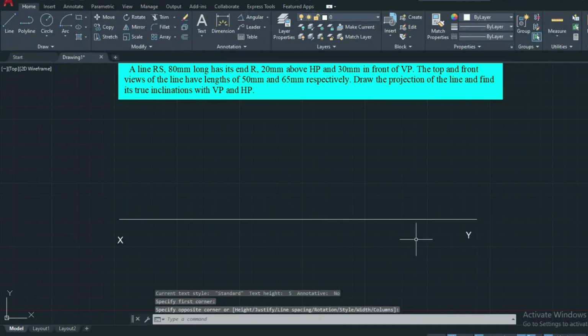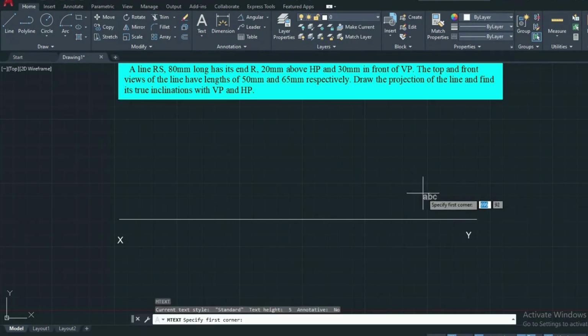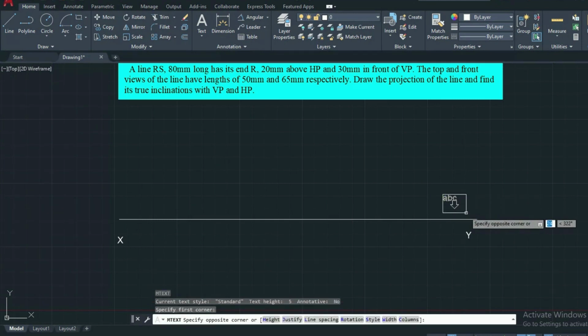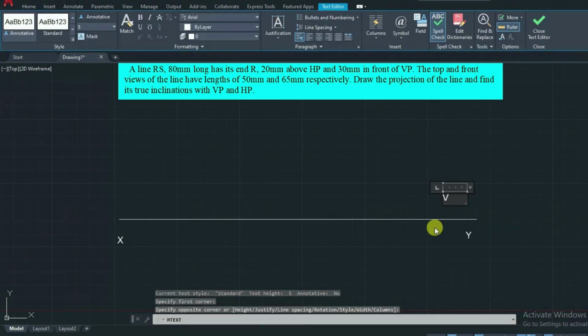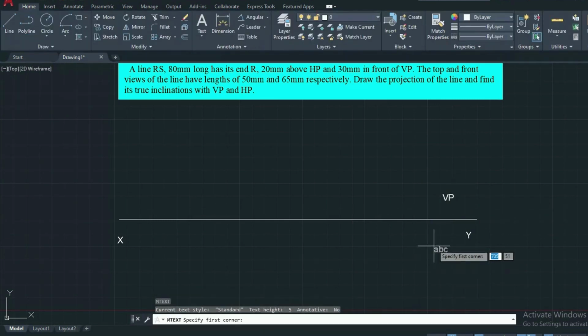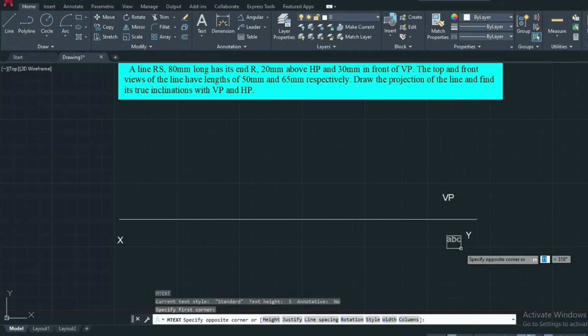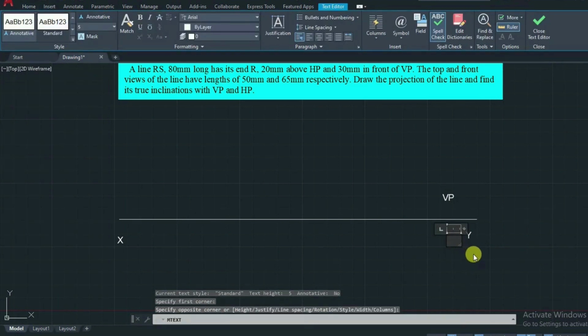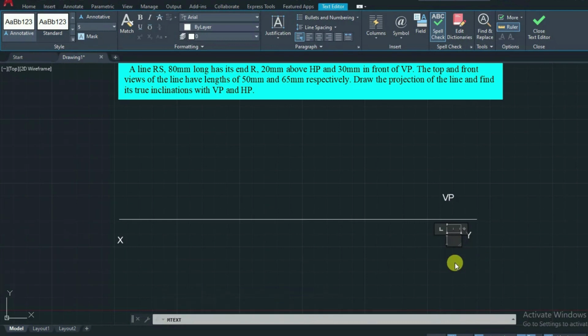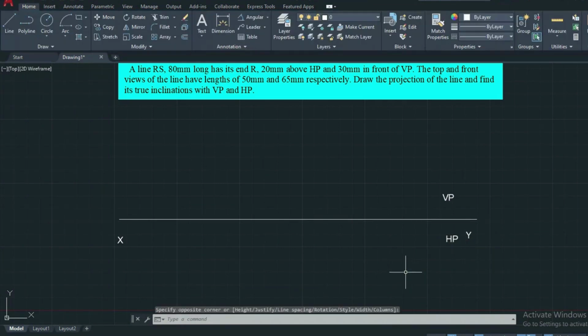Then we already know that we have followed the first angle projection method. So above the XY line is the vertical plane as the fixed plane. Below the XY line, when we are rotating the horizontal plane, the top view, which we always project on the horizontal plane, will come below the XY line. Okay.